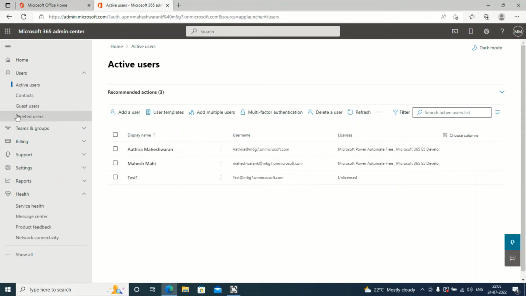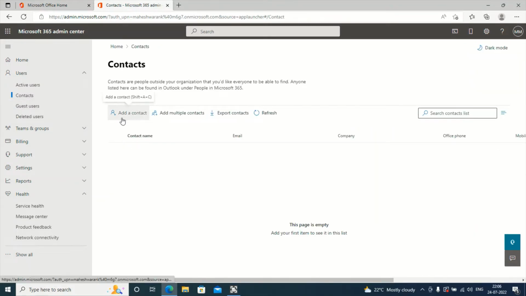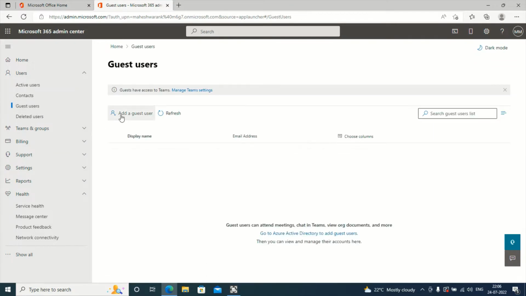So this is the thing. Contacts, like we can create a contact here, and guest users can also be invited from here. So this is the Office 365 admin center. The same options can be carried out from the Azure AD admin center also, which we will be seeing in upcoming videos. But to give you an idea about the Microsoft 365 admin center,